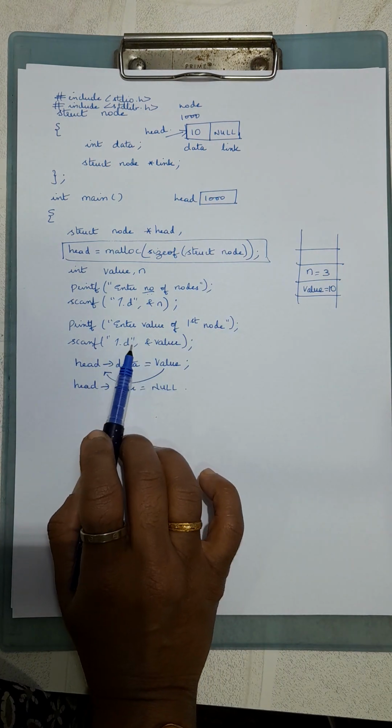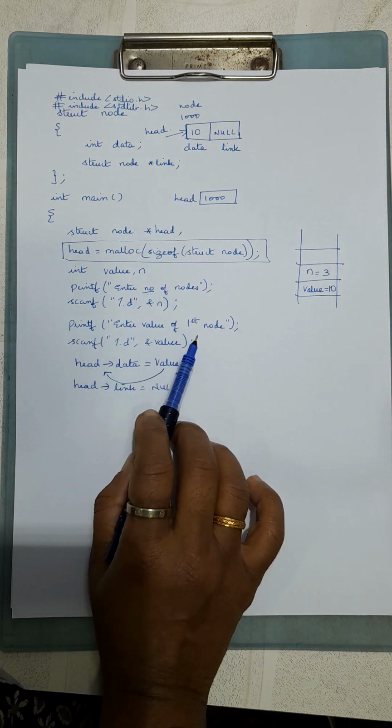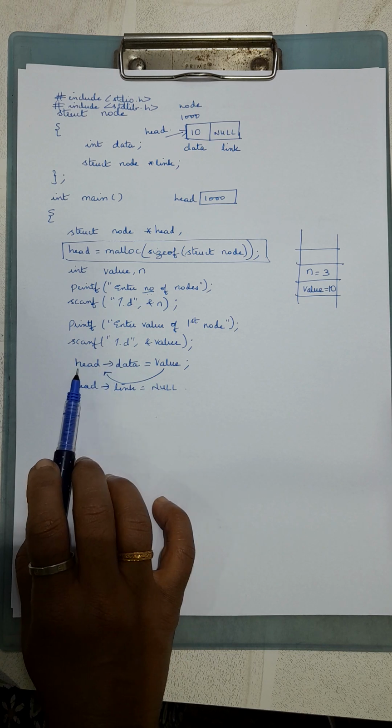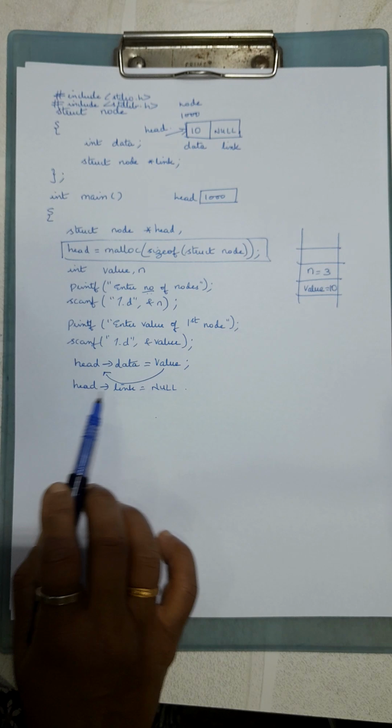Then I'm asking the user to enter the first value of the node, the data value of the node. So I'm storing it in the value variable, and finally using the arrow operator, I use head pointing to data is equal to value. So 10 is stored here, and then